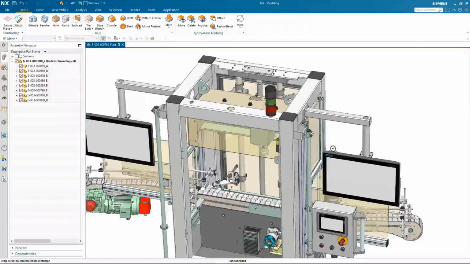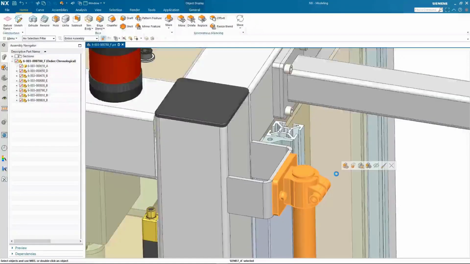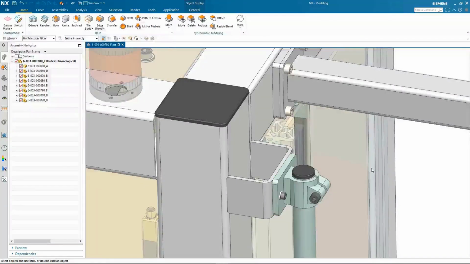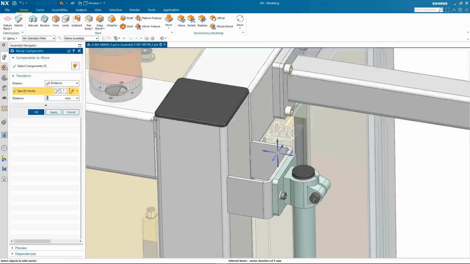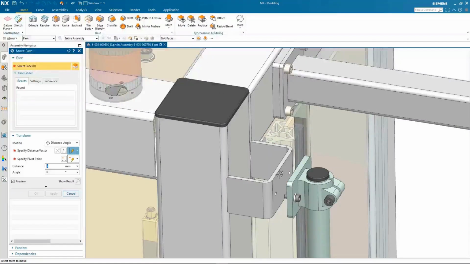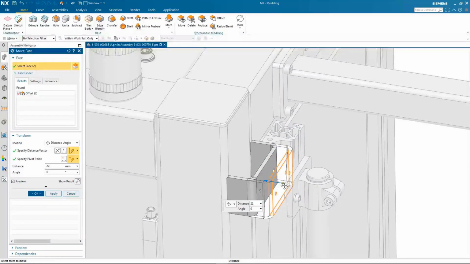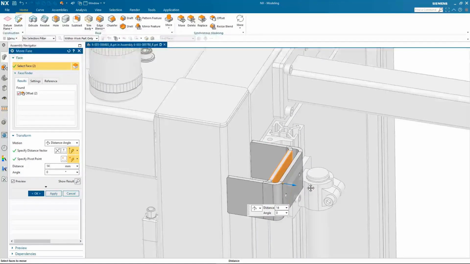We will now make some changes to a part in our assembly while working in the context of the assembly. The first thing we will do is to move over the entire mounting bracket for our HMI. After we do this, you will see that the mounting bracket to the cabinet is no longer attached. We need to adjust the mounting bracket.